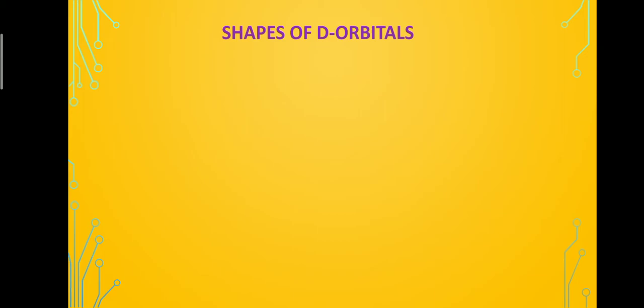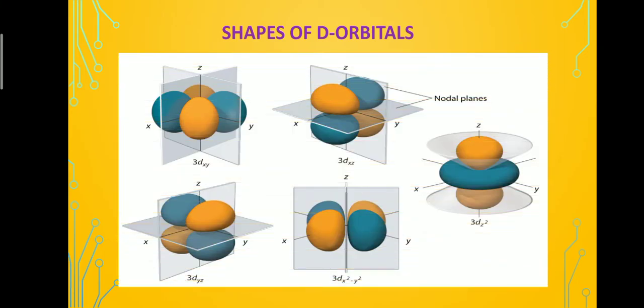So next one is a d orbital. For d orbital we have two nodal planes, and the shape of a d orbital is clover leaf shape. Okay, and we have two nodal planes. So look here. This is one nodal plane and this is another nodal plane. For each d orbital we have two nodal planes, and we have 5 degeneracy in a d orbital.